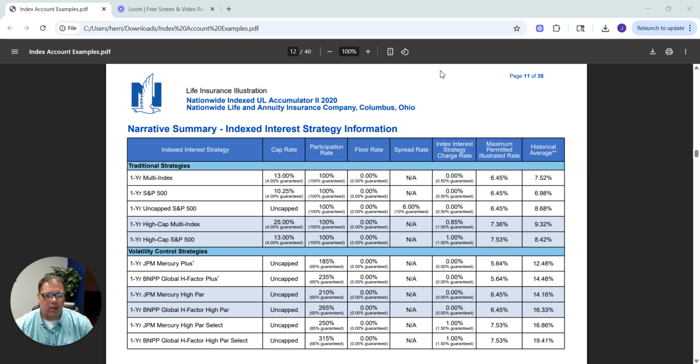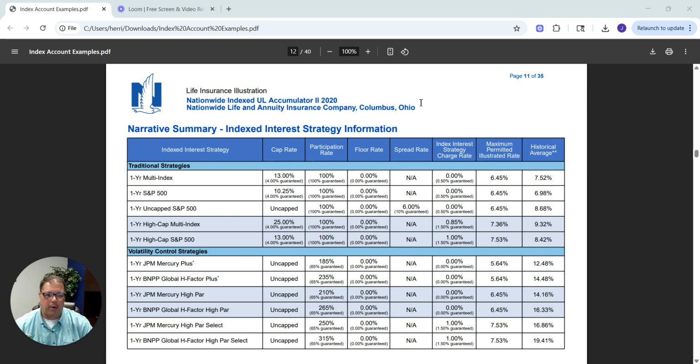So today, let's spend a little bit of time talking about the different indexed accounts that are inside an IUL policy. I get a lot of questions, a lot of people when you schedule time on my calendar. A lot of the questions that we deal with is how do these index accounts work? Why are there 10, 12, sometimes maybe different index accounts to choose from? And how do we make some decisions around which accounts to use so that we can maximize the ability to